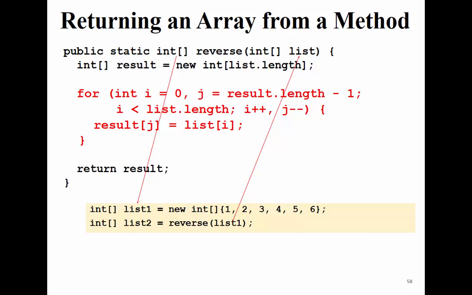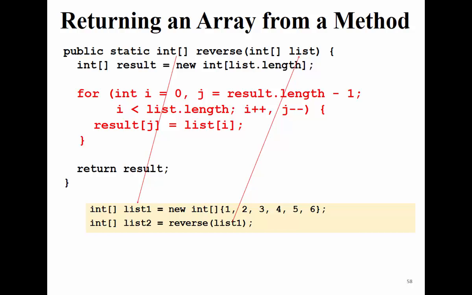So if I have this input, array list1, and I have list2 equal to the reverse of list1. You can think about it as another way of defining an array by receiving an output from the method. Here the method will return an array type, int array type, because we create the array and we return the result. This list2 is already declared, and the size of it inside the method is list.length. Okay, any question about this?